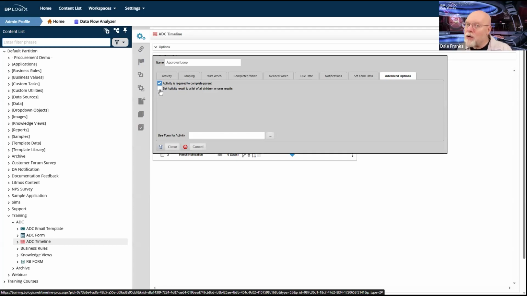This can trip you up because it changes how the activity result is recorded for the parent activity. If you check this box, your parent activity's result becomes a comma-separated list of all of the results of the child activities in the current iteration.